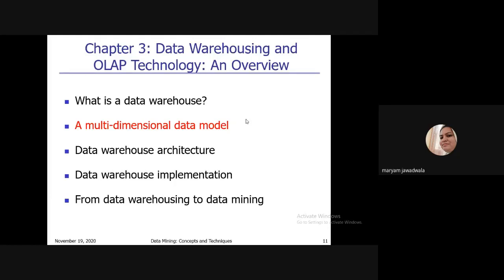And a table is nothing but a two-dimensional modeling of the data. In a table, you have a number of rows and columns. But a data warehouse is multi-dimensional, meaning more than one dimension is used to model it.